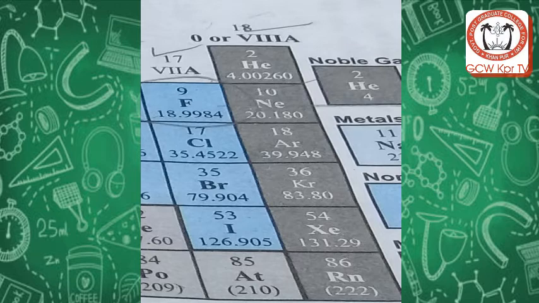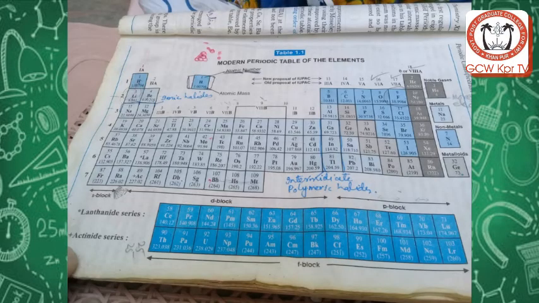Okay, we will also discuss some families in the periodic table. Group 1A is known as the alkali metal family because they form strong alkalis with water, so they are considered alkali metals. Alkali is an Arabic word. And the group 2A elements are considered alkaline earth metals because they form alkalis with water, and they are found in the earth's crust.